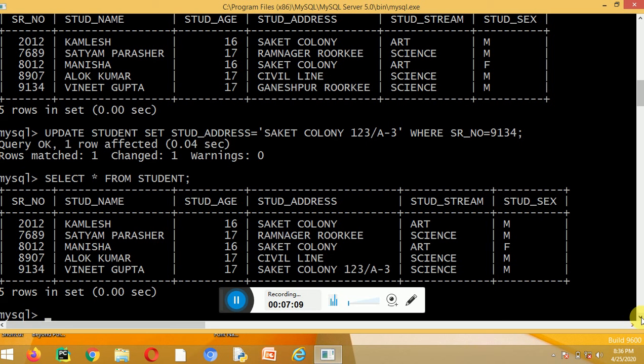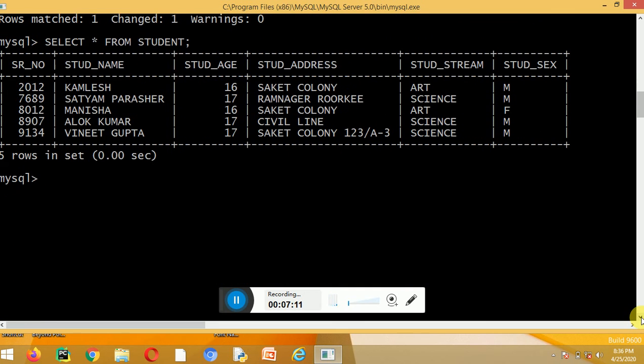So again I will write the query update student set stud age. Now I mention the name of the column stud age because I have to update the age of the particular student Satyam Prasar. Stud age is equal to 20 where SR number is equal to 7689.